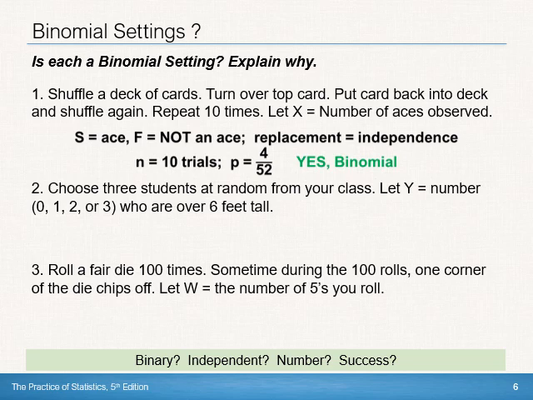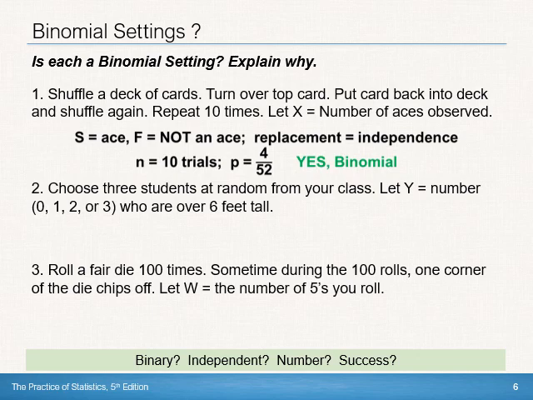So yes, that's the same every time because, again, we are replacing the card every time. So the probability is the same every time. And yes, this is a binomial situation. All right, number 2. I'm going to choose 3 students at random from your class, and then let Y be